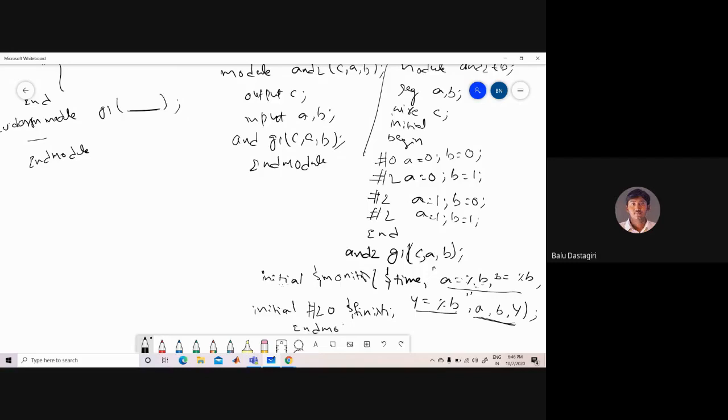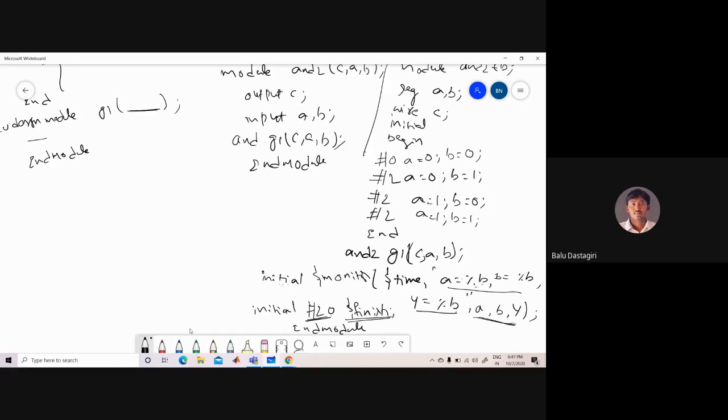So #20 $finish means up to 20 units of time is your simulation time, and $finish means the simulation will be closed automatically. $stop and $finish are the two things which specify the simulation to stop. There is a little difference between these, so we will see in the coming cases what the difference between $finish and $stop is. Okay, so that is the test bench module.